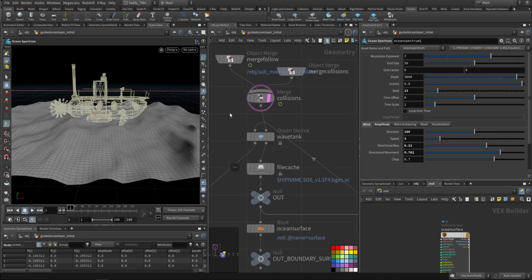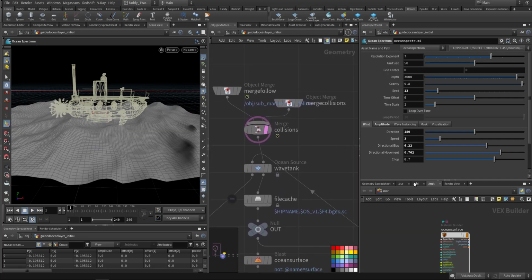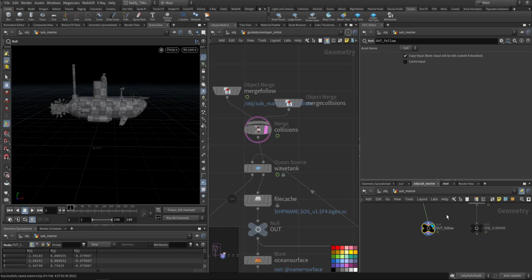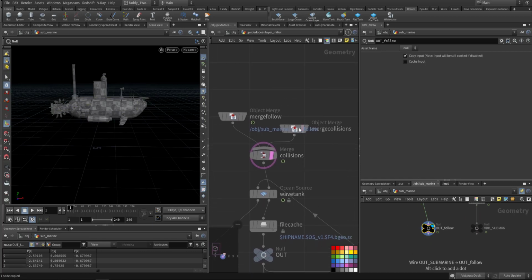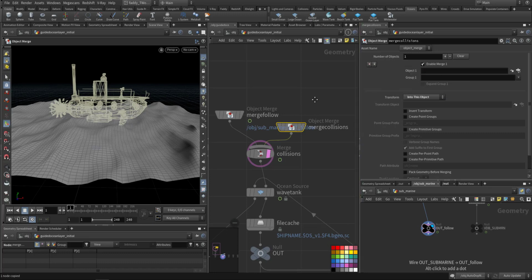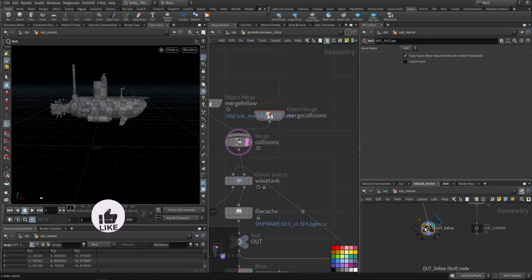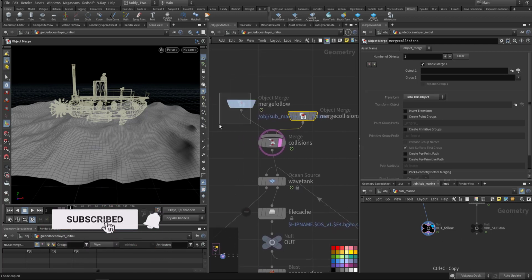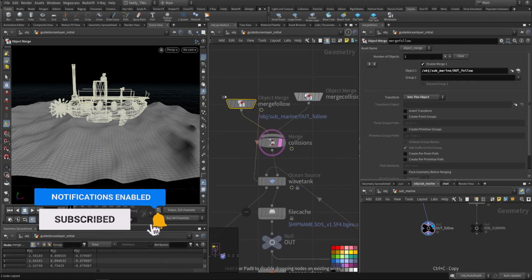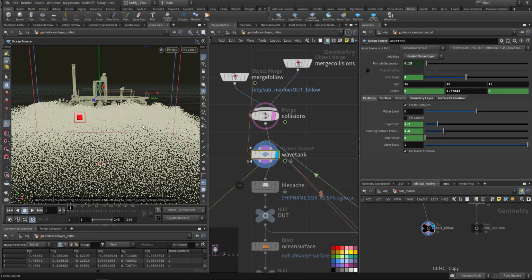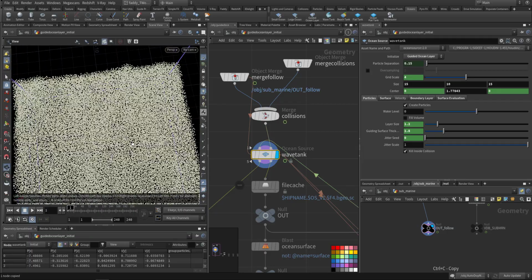Second thing, I will go here. I don't want the VDB, I want the other one. Submarine. This one. Merge collision. I'll put this one. VDB, it will take a lot of time. See. I put this, yeah, it's already here. This one, no need. So if I view this,